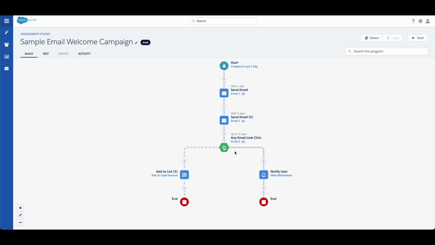Let's look at Pardot. This is Engagement Studio, where you build your automation for your marketing. Engagement Studio is a modular interface that can be configured to automatically trigger actions based on specific